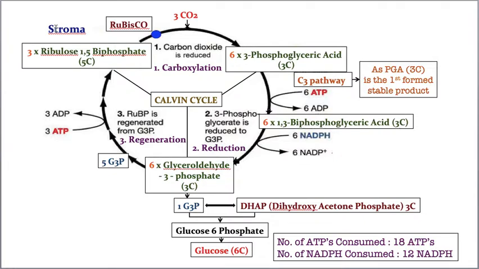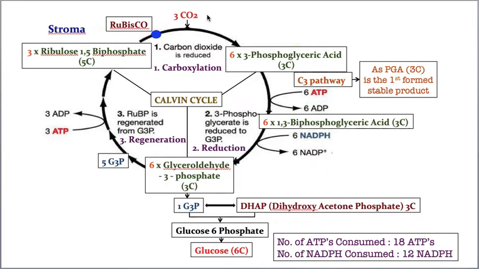Now you understood na? Now let us go for the first step of the reaction. Hope you remember na? Dark reaction takes place in three phases: carboxylation, reduction and regeneration. Now I am discussing the first step, that is carboxylation. Now what happens in carboxylation? Let us see. Three carbon dioxides come to the stroma.